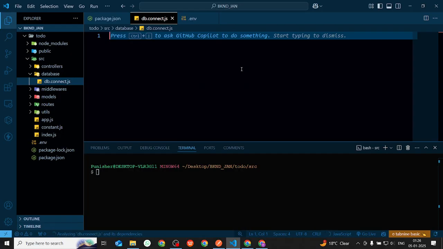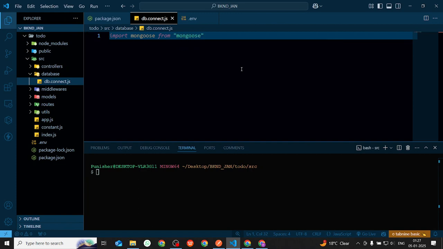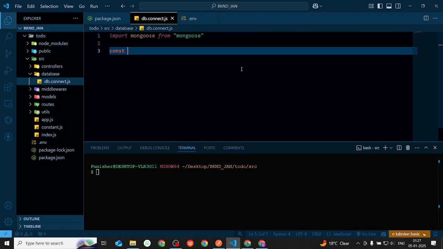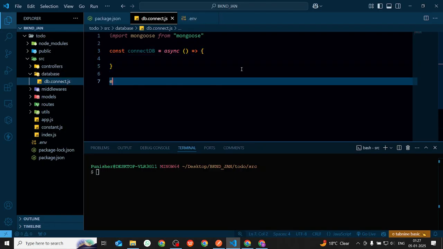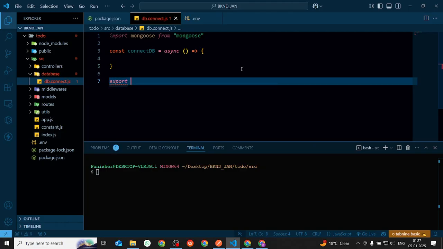Okay, very first thing, I have to import the mongoose, and this mongoose will help you to establish a connection with your database. So I will import it from mongoose, and I will also create a function like connectdb. And just because I'm going to connect my database, it will take a few moments, that's why the function will be asynchronous, and I will export it by default